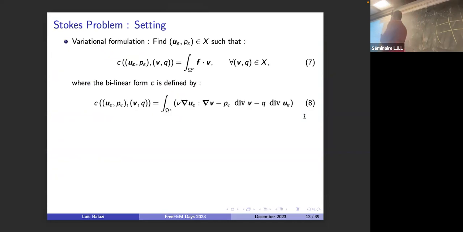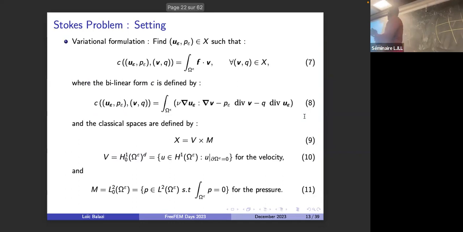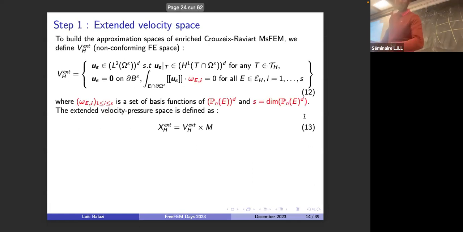I begin from the classical variational formulation of the Stokes problem like this, with the classical finite element space. That is to say, we are looking for the velocity in the space H1 0 of omega epsilon, and the pressure in L2 0 of omega epsilon. That is used to ensure the uniqueness of the solution. And then, first, to build the multi-scale approximation, we begin from